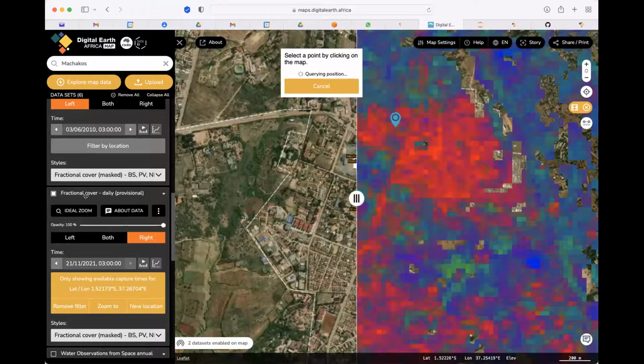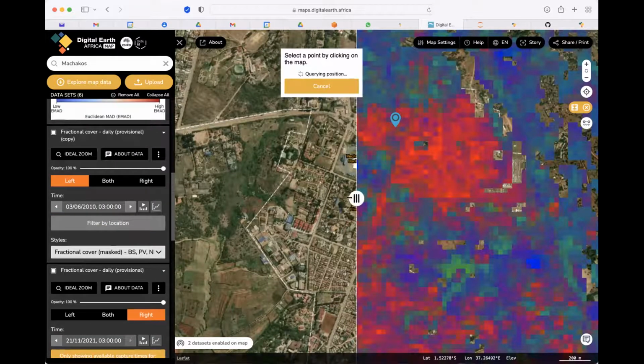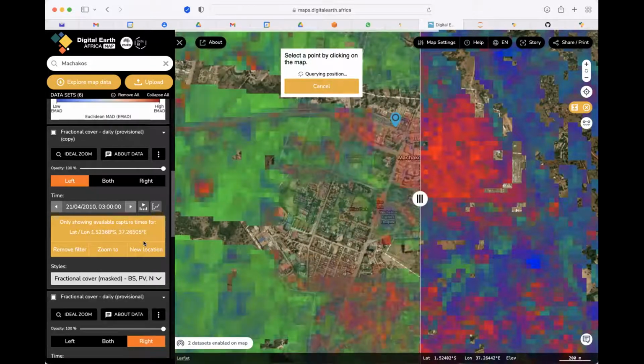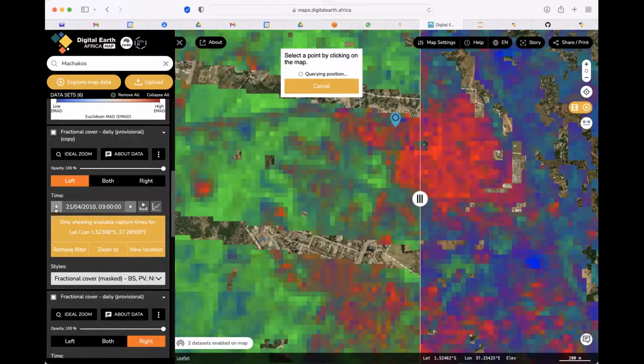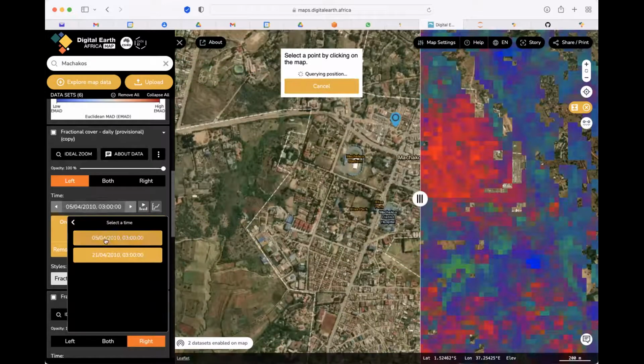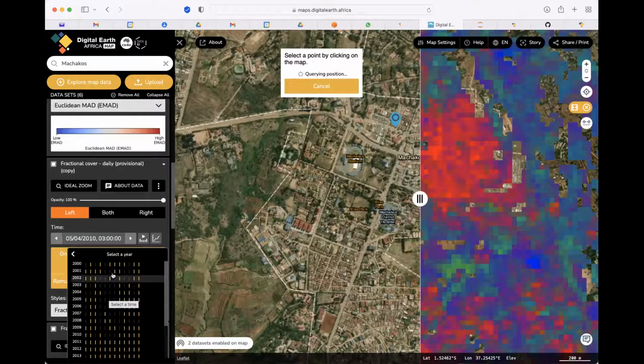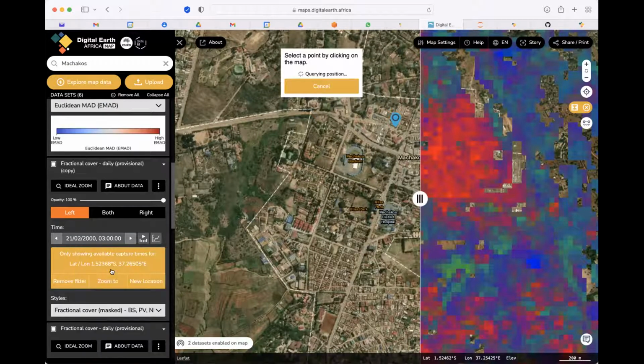So the one on the left will load soon. So I'll give it some time. So it gives quite some dates, so I can change back to the Landsat 5, which was giving better results at the moment.